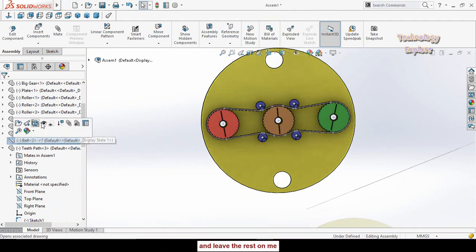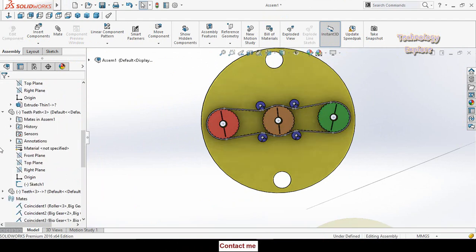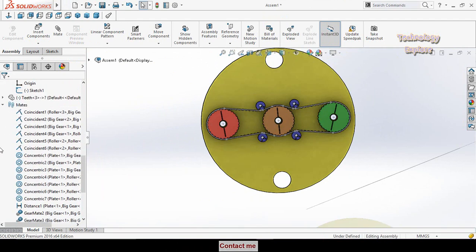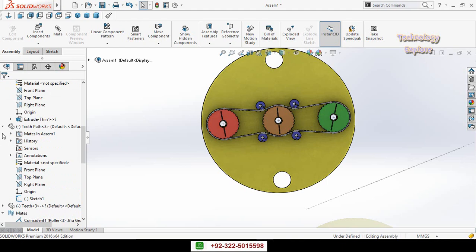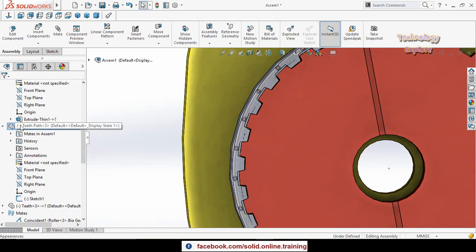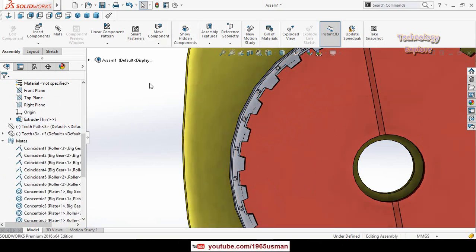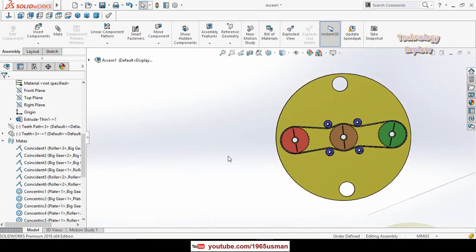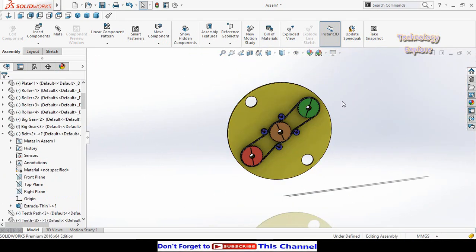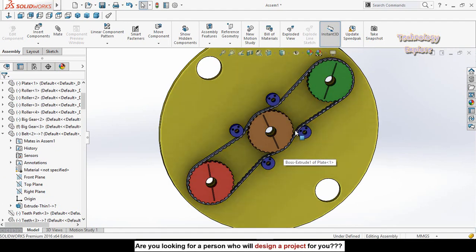Then unhide this plate, this belt, and scroll down and hide this teeth path, this sketch. So hide it like this. So now we had done all the mates, and if I rotate this whole assembly, let's see what happens.